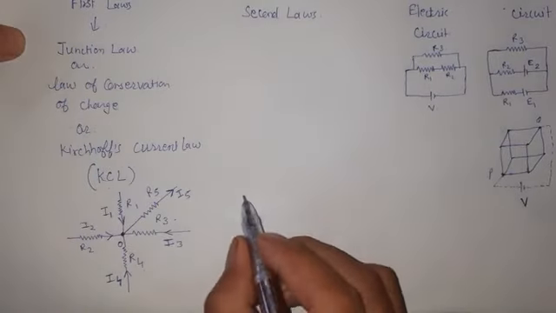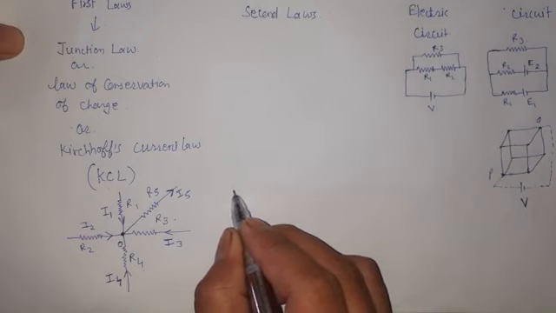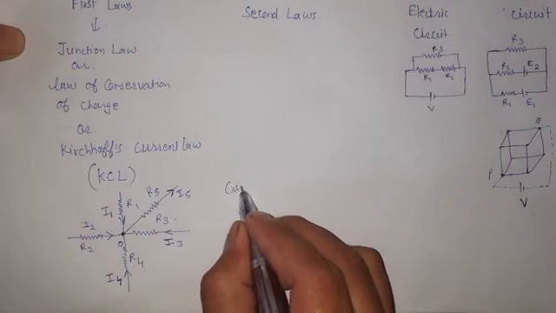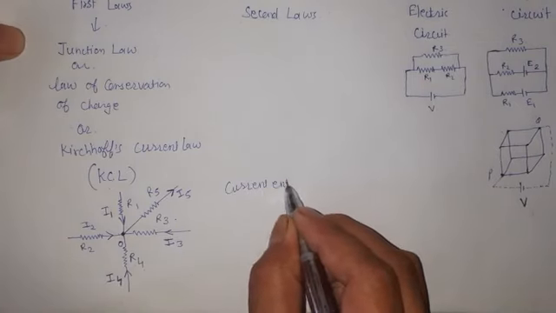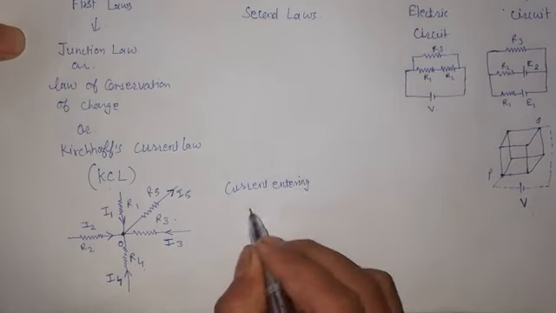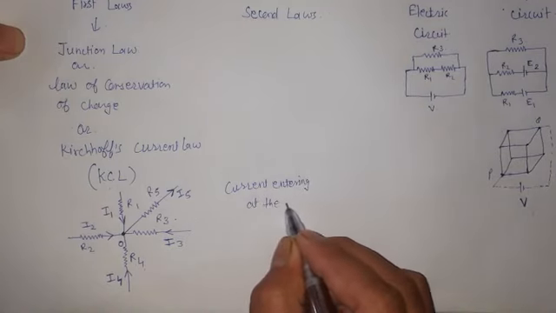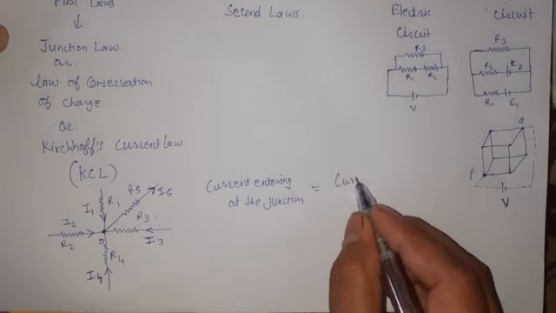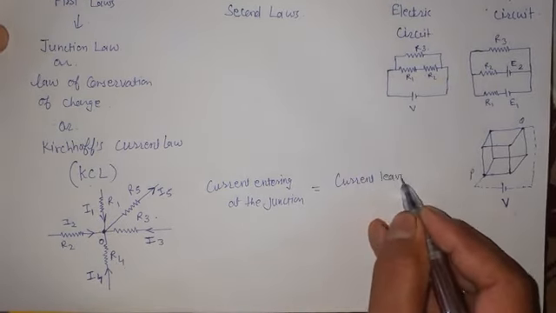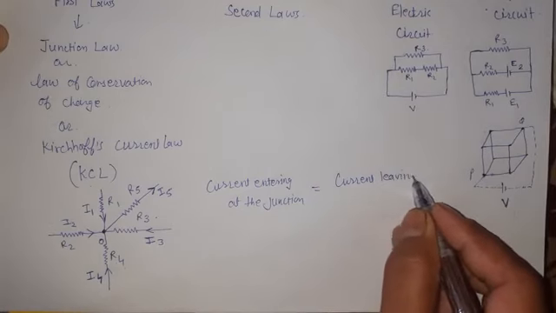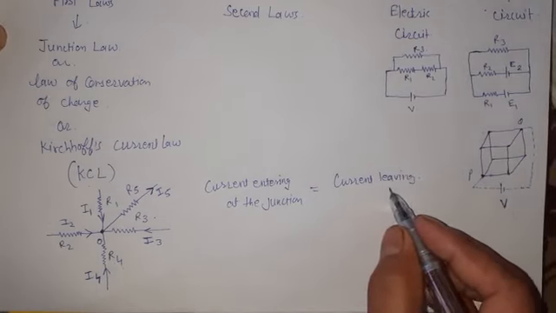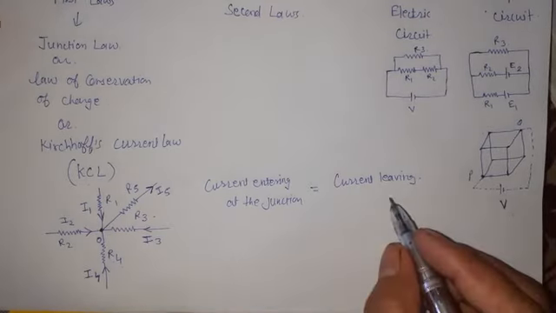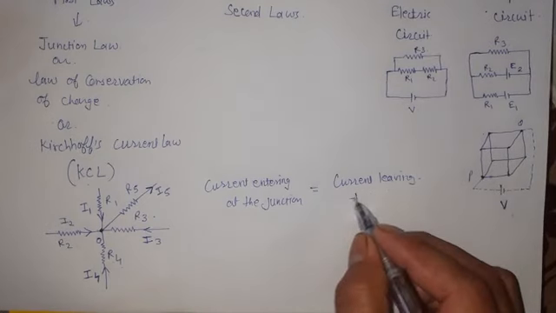ठीक है, तो इसलिए हमारे पास यहाँ पर सेम व्हाट इज सेड बाय दिस जंक्शन लॉ कि अलजेब्रिक सम जितना भी करंट उस जंक्शन के ऊपर एंटर करता है, करंट एंटरिंग at the junction will be equal to current leaving the junction। ठीक है, तो जितना करंट उस जंक्शन के ऊपर एंटर होता है उतना ही उसको छोड़ के जाएगा, करंट लीविंग द जंक्शन।